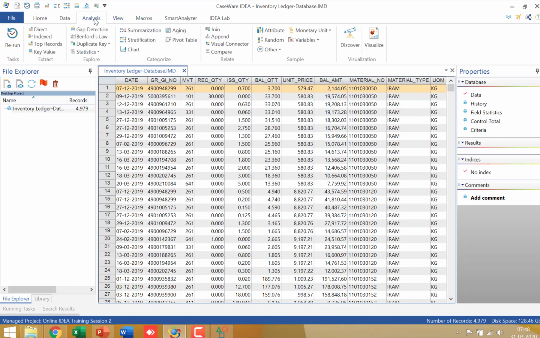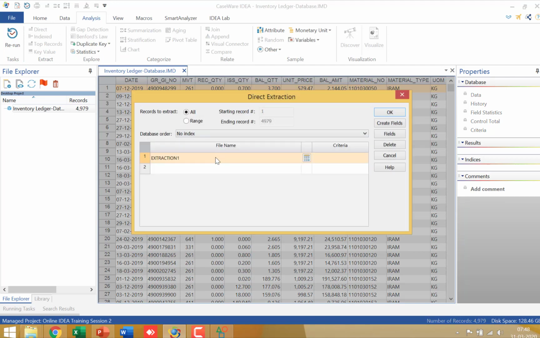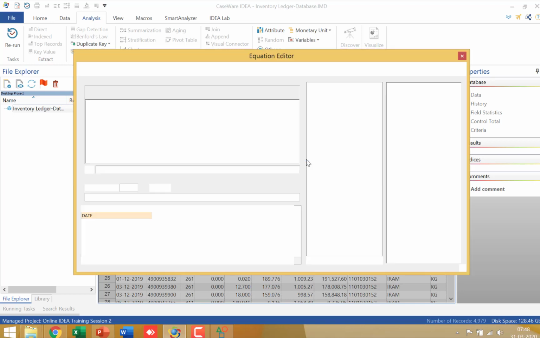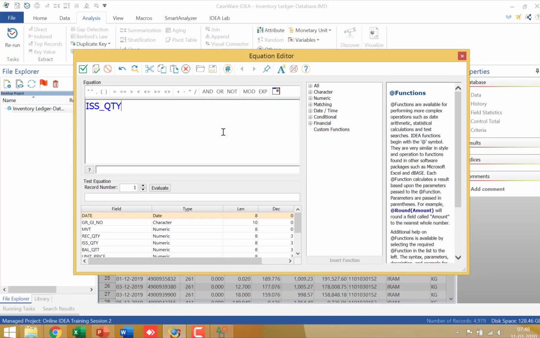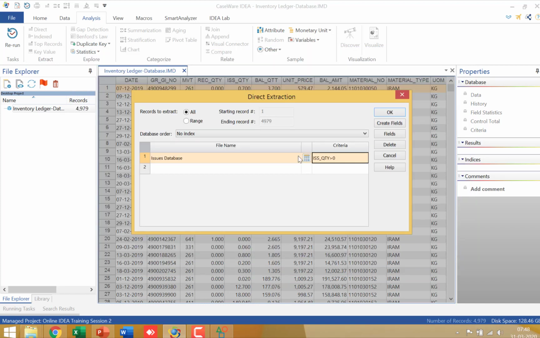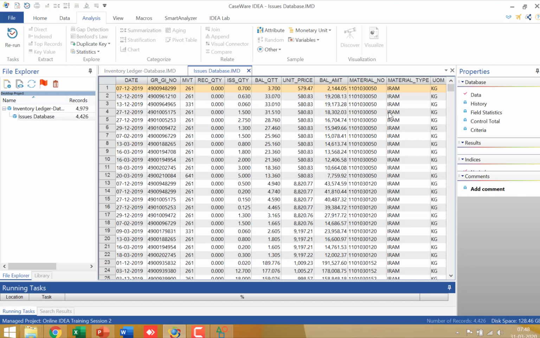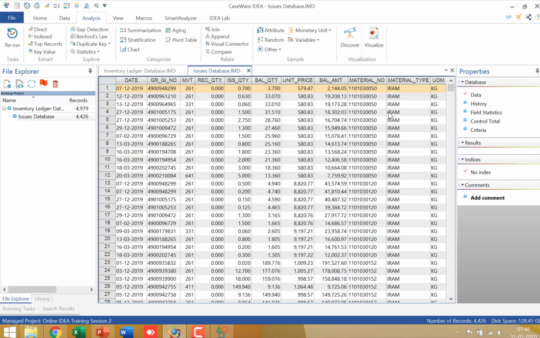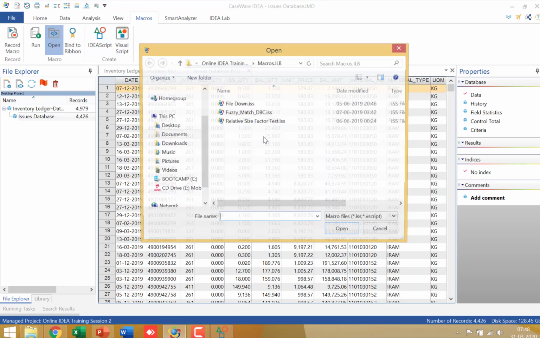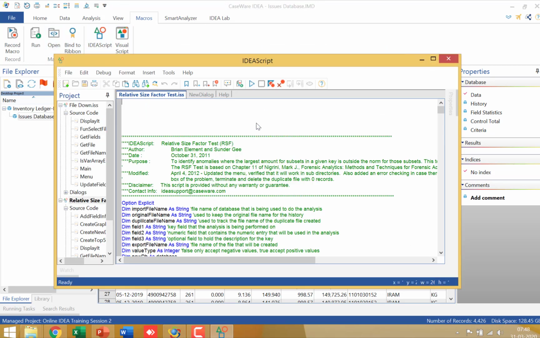So first things first, let me capture the issues in a separate file. So I'll call this issues database. I'm using a direct extraction here, and I'm going to filter out all the records where the issue quantity is not 0. There is a value in the issue quantity. This is going to be my consumption file. So I've prepared my database for the RSF test, and now I go into macros, I open the RSF test,